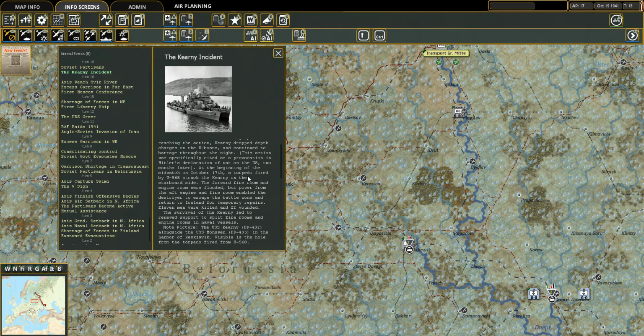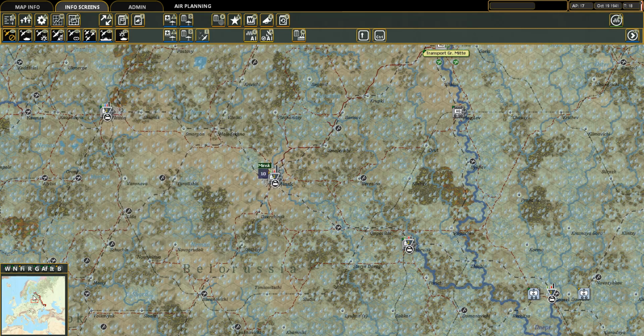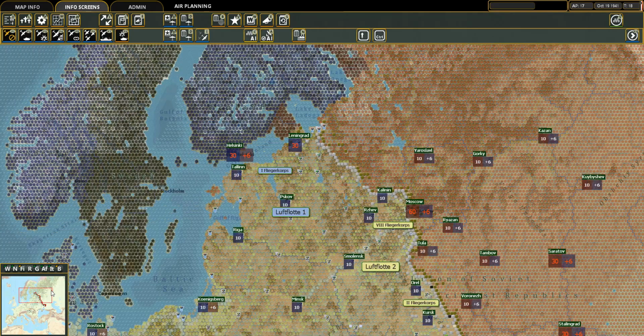Now a picture: the USS Kearney alongside the USS Monson in the harbor of Reykjavik. Visible is the hole from the torpedo fired from U-568. Is this the hole? I wonder. At any rate,